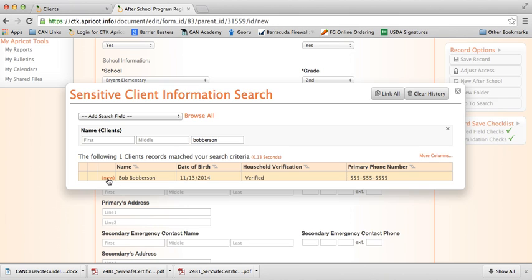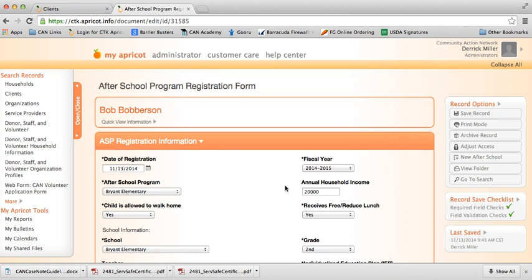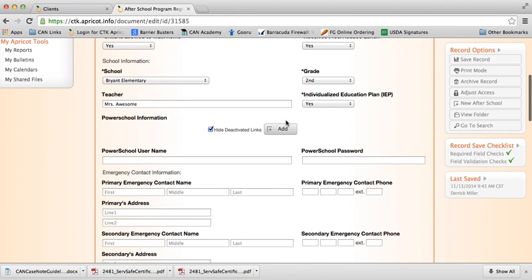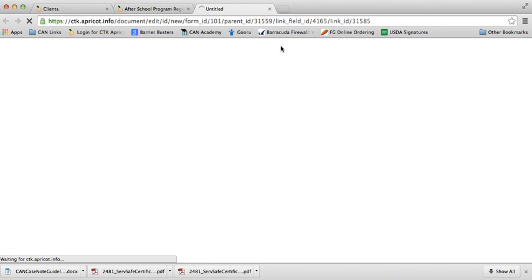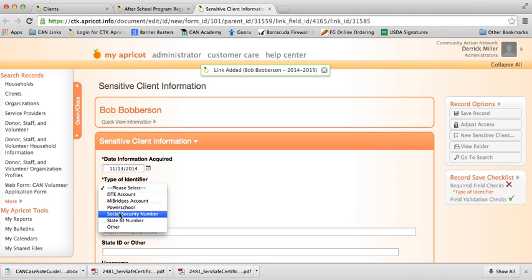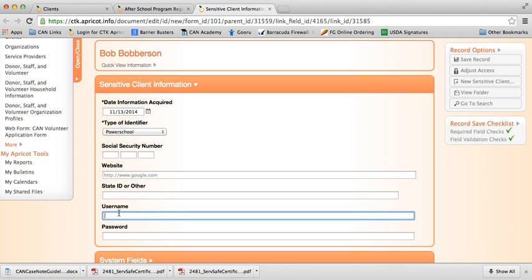So what we're going to do here is click New. Oh, but it actually won't let us because we have to save the current record first. So let's go back here. We're going to save this record. It will refresh. And we're going to scroll down here and go through that again. See, it already has it queued up. And we're going to indicate that it's PowerSchool that we're putting in here. And then we're going to put in the username and password